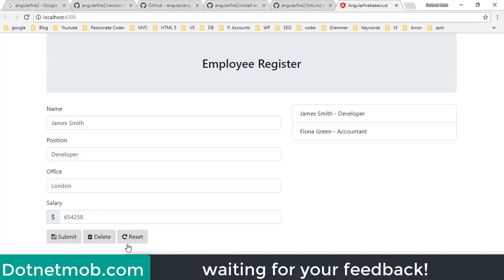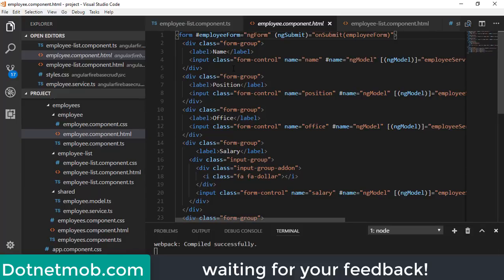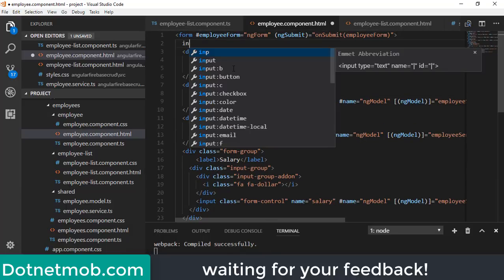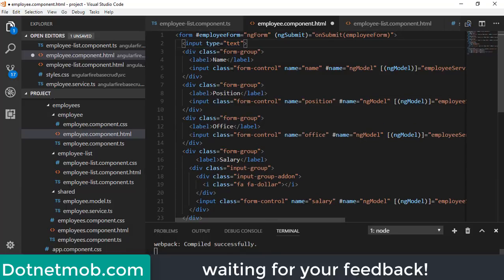Before that, we need to add a hidden field inside this employee form because we need to identify each records using this key. So I will add an input element here. It's of the type hidden. Name is equal to $key.